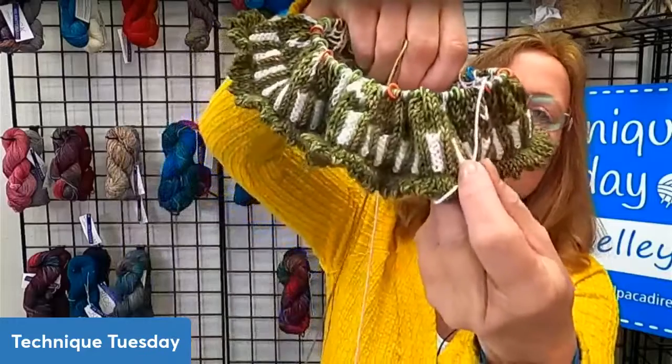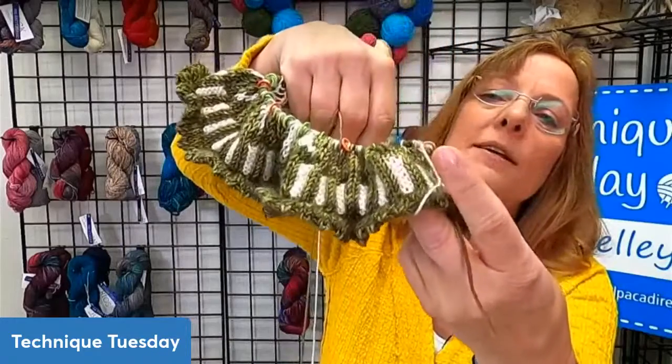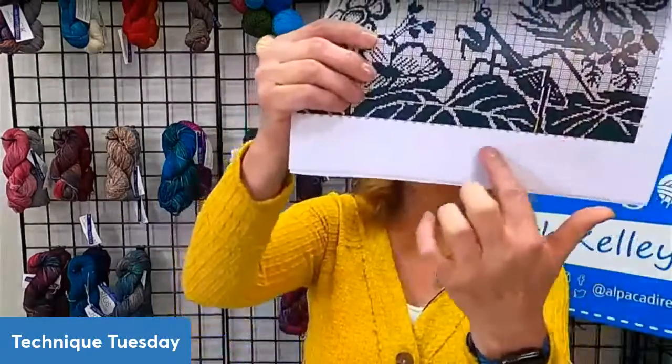And then I'm just beginning my pattern. You can see the little pattern beginnings showing here. And that's going to be a praying mantis? Yep. It's going to be this picture right here, and I'm starting way down here at the bottom. It's going to take me a long time to finish it, I think, because it has